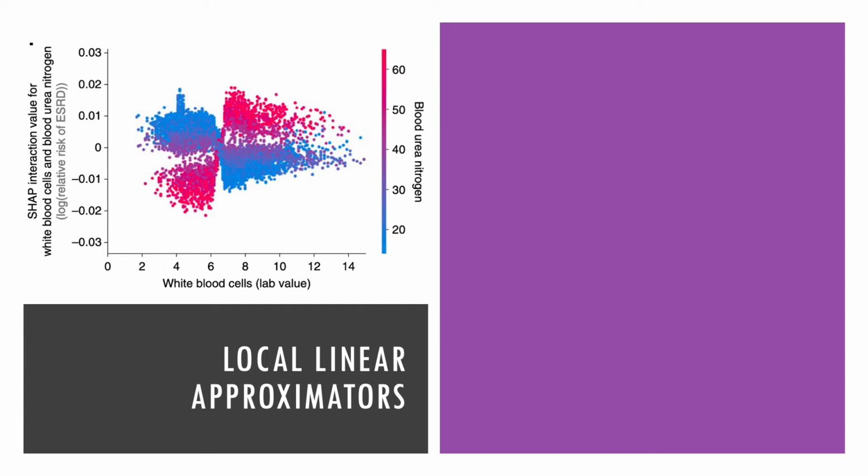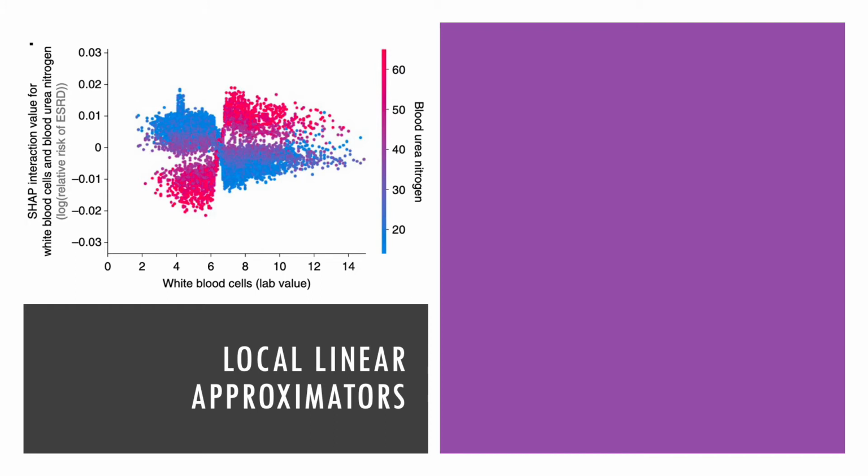The way these methods work is that they find, for a given input point, the best linear approximation of the regression surface or decision boundary near that point. So even for a very complex, wiggly function, we can find a linear tangent at any given point, and then we can interpret the coefficients of the input features describing that linear model as importance measures. And this has actually proven quite useful in lots of settings.